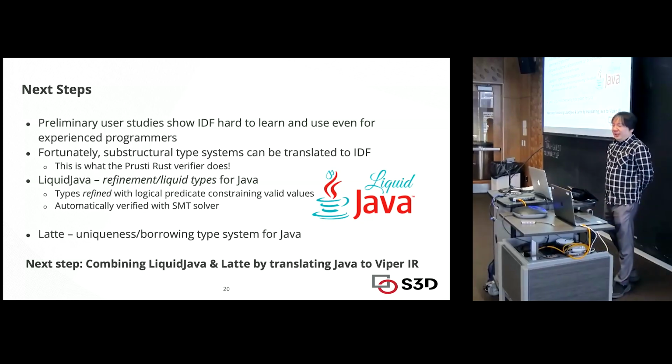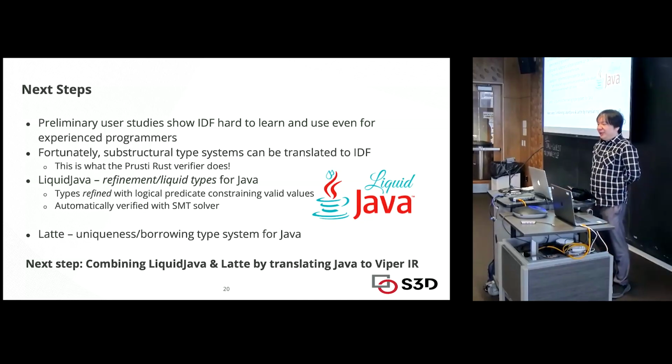But just to conclude, the preliminary user studies show that implicit dynamic frames is hard to learn and use even for experienced programmers. Fortunately, substructural type systems can be translated to IDF, and this is what the Prusti Rust verifier does. And so my next step is actually to implement a liquid